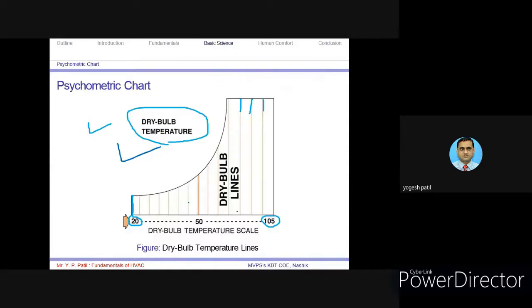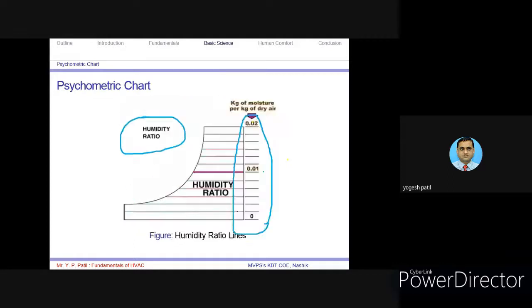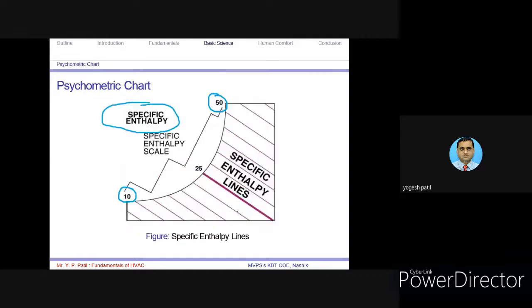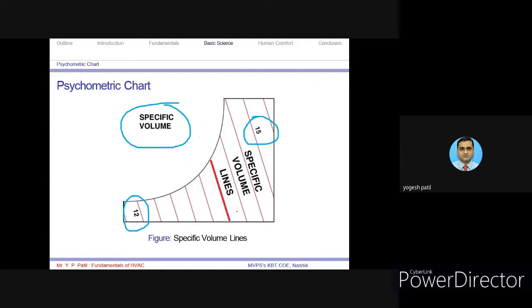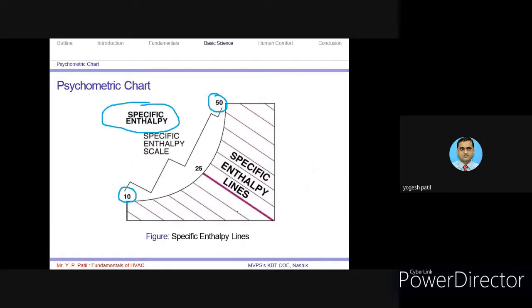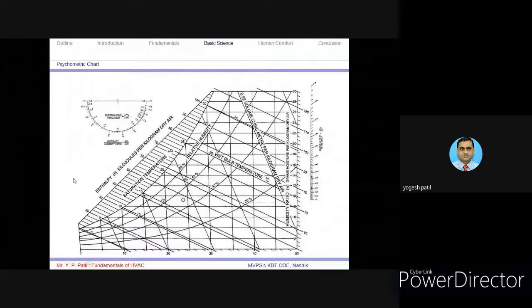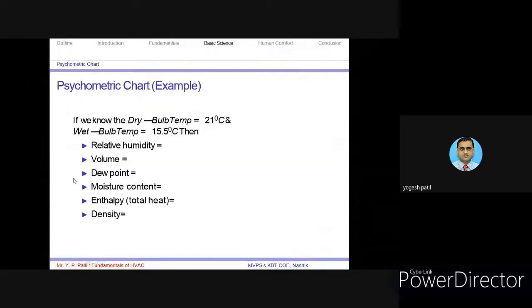There are charts available from different sources, so we can download and observe the proper chart for the readings. Now all these things are clear to us, so what we mean by these lines is understood. We will now cover one example based on this. Let us have this example.